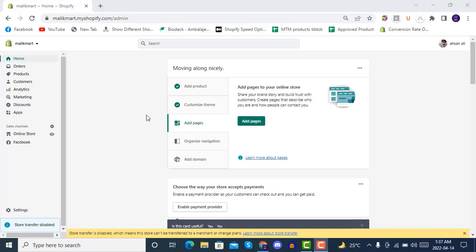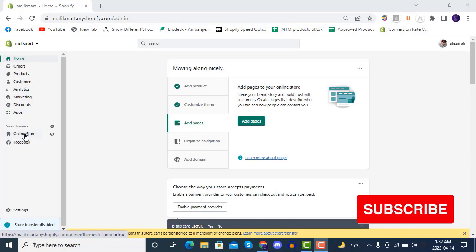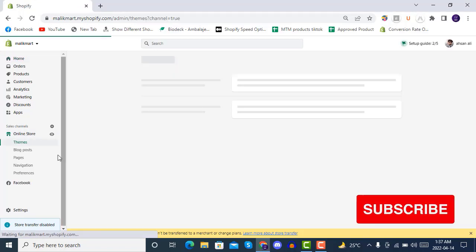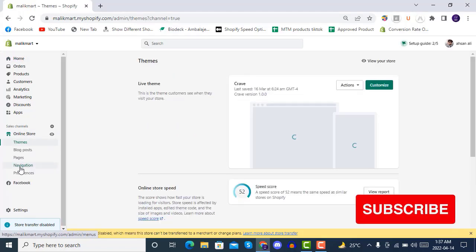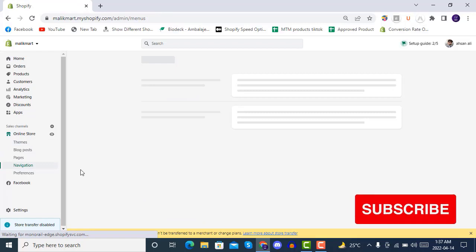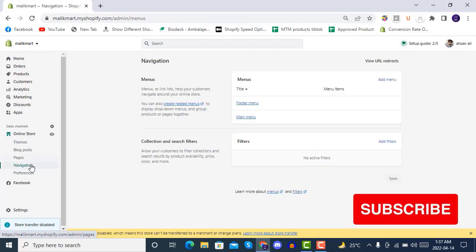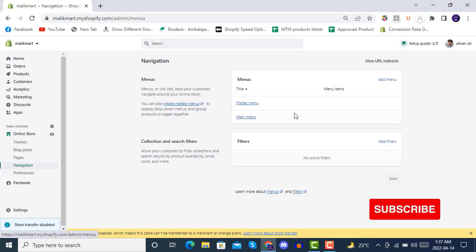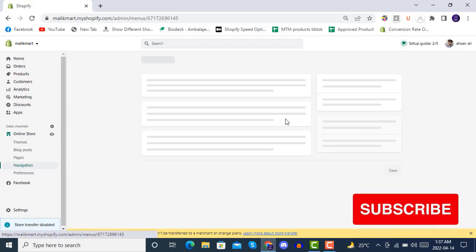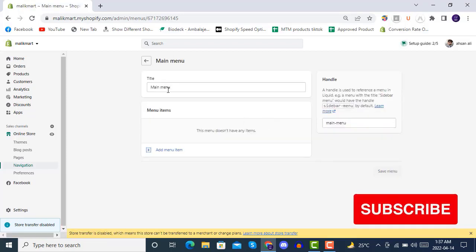In this lecture, we will see how navigation works and how we can create navigation menus in our store. Here you see we are on navigation on the left side, in the online store. In the navigation on the right side, you will see footer menu and main menu. In the main menu, first of all, we'll click on it. Here is the main menu title,